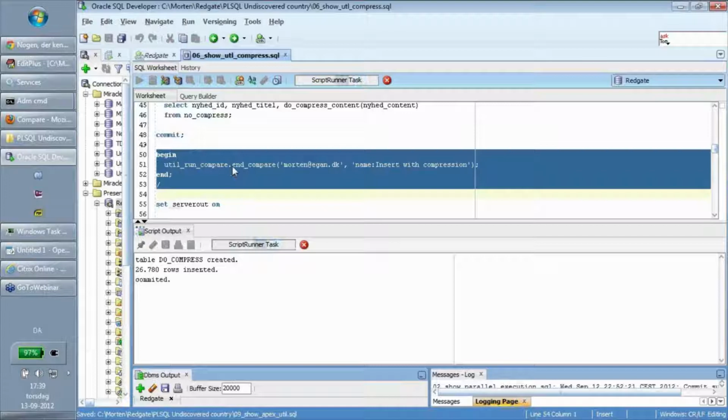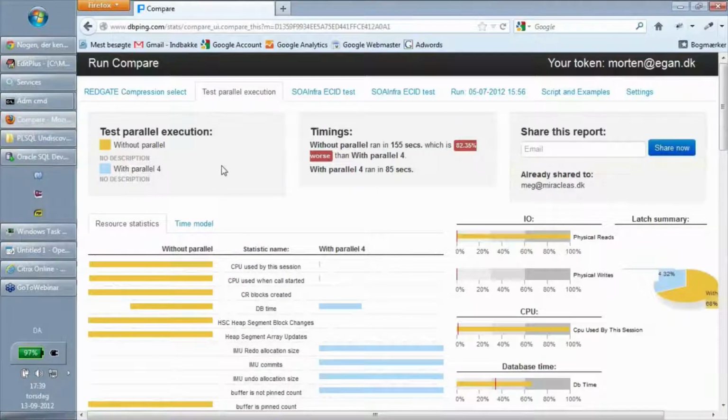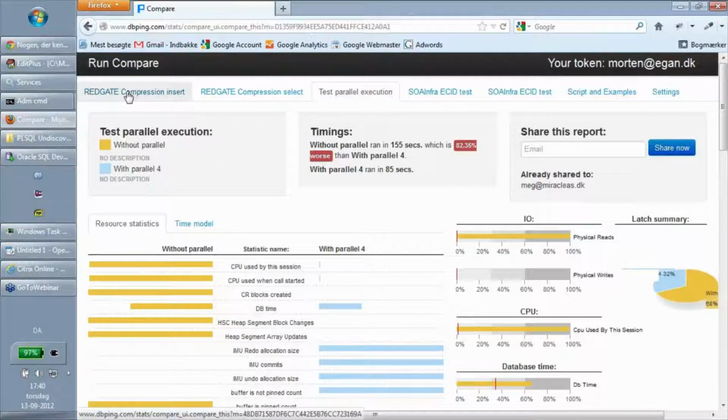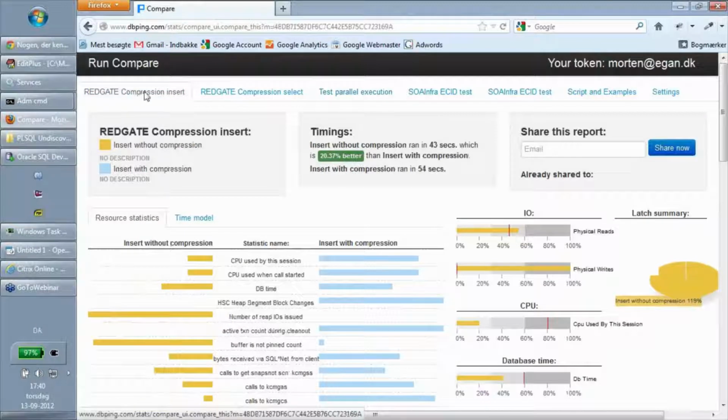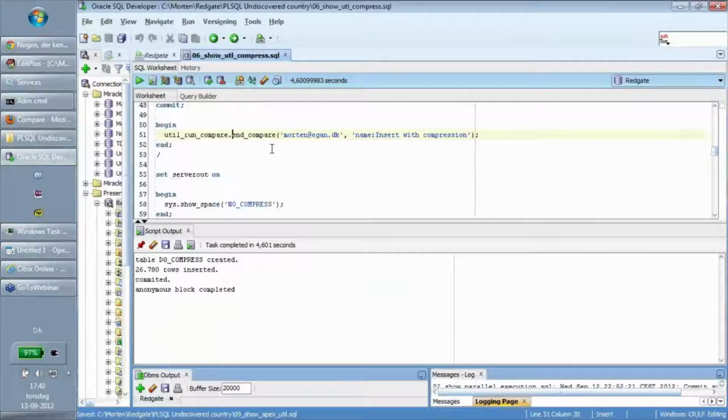Let's see if my tool works. Here we go, now it worked. So I've created a measurement between the Red Gate compression insert. The insert without compression, of course, will run faster. It ran about 20% better than with compression, but it's not that great a loss, because if we look at how the actual data usage is,